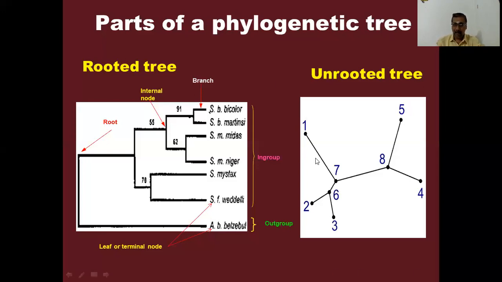Now here you can see branches are there, terminal nodes are distributed in an unrooted tree, but the one main issue is which is the root. Can you claim that 8 can act as a root, 7 can act as a root, or 1 can act as a root? Like this, you imagine each and every node can act as a root. So prediction of root is very difficult in an unrooted tree, and this concept is widely adopted and accepted by many evolutionary biologists because we don't know which species arose first and second.